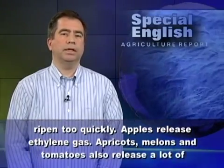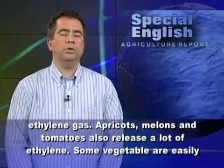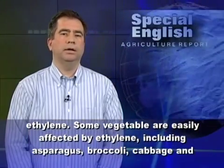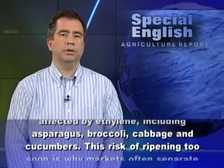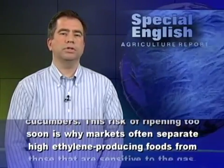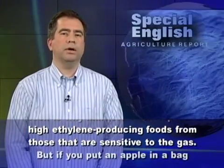Apples release ethylene gas. Apricots, melons, and tomatoes also release a lot of ethylene. Some vegetables are easily affected by ethylene, including asparagus, broccoli, cabbage, and cucumbers. This risk of ripening too soon is why markets often separate high ethylene producing foods from those that are sensitive